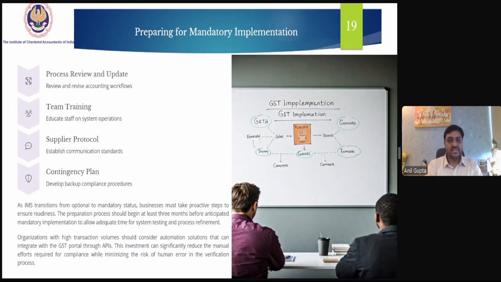The taxpayers should review and revise the accounting workflows in the system, impart trainings, educate staff on the system operations and on the reconciliation process, establish communications with the suppliers, giving a clear mandate on filing the records on or before the timeline, so that the benefit of the ITC may not be denied or may not be postponed.